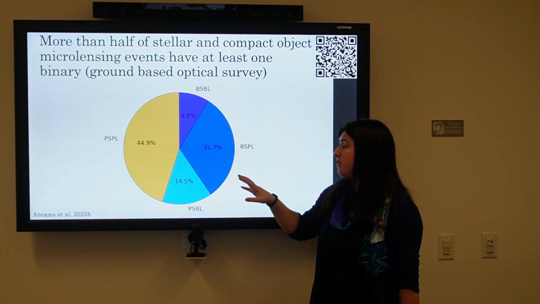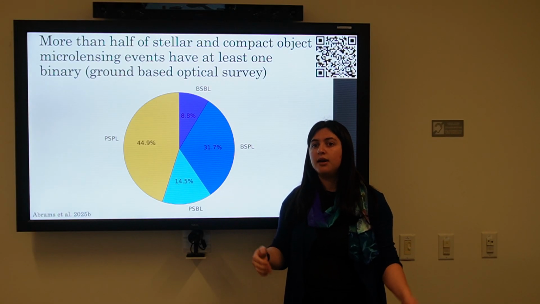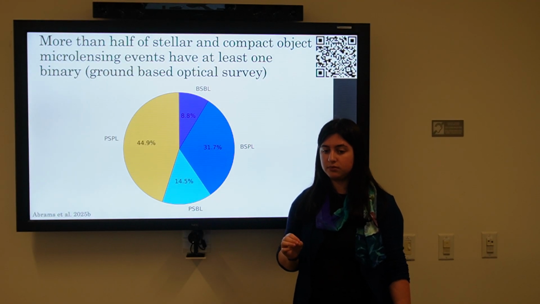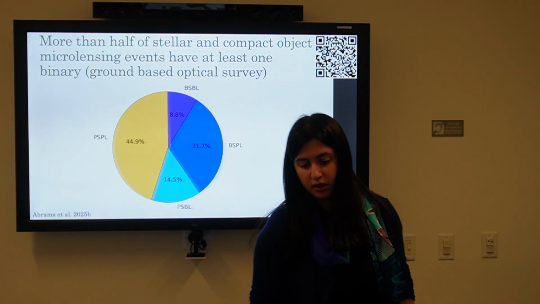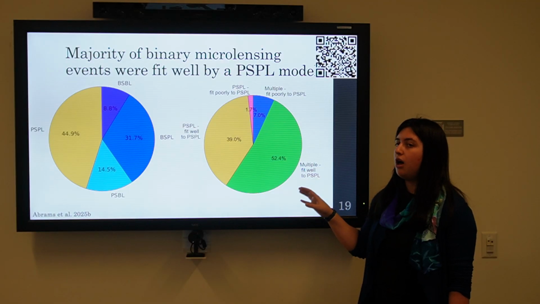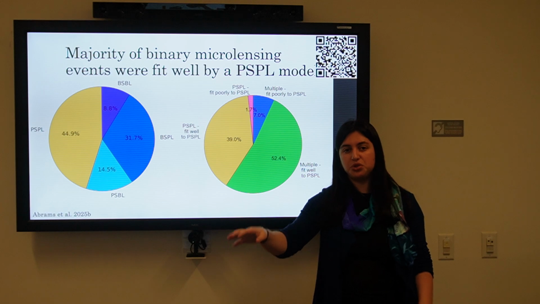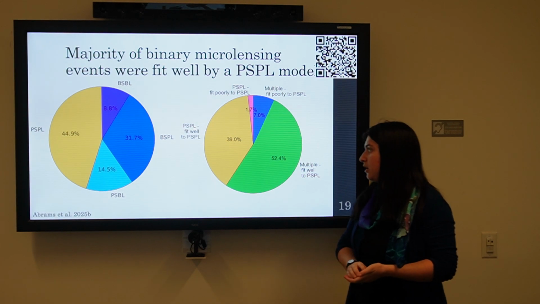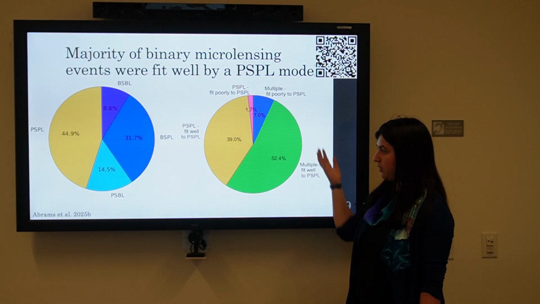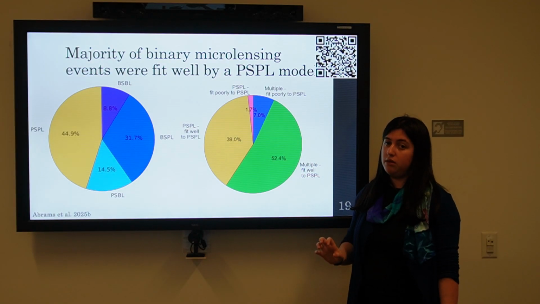So what we did is that we simulated light curves based on one of these ground-based surveys. And then we fit them with microlensing models as they do. And we can see the vast majority of these are fit well with what's called a point source, point lens light curve. That just means single source, single lens. And you can see 52% of all microlensing events that happened were binary, but were fit well by a single